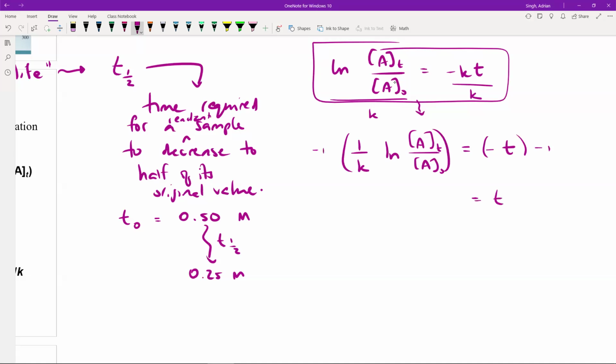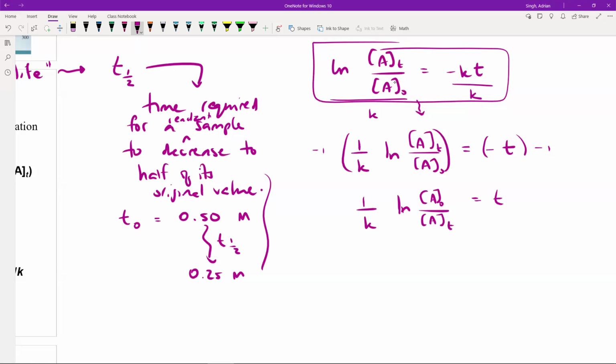And the way this works is I'm going to have 1 over k times the natural log of A0 at time equals 0 over A at time t. So when you have that negative sign in front of the logarithm, you essentially flip the relationship over on this side. Now, the definition of half-life, according to what we mentioned over here: